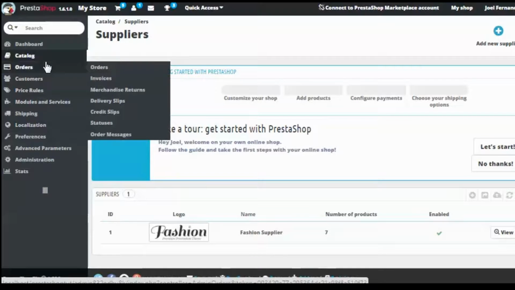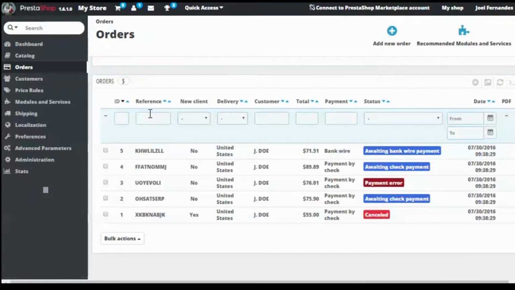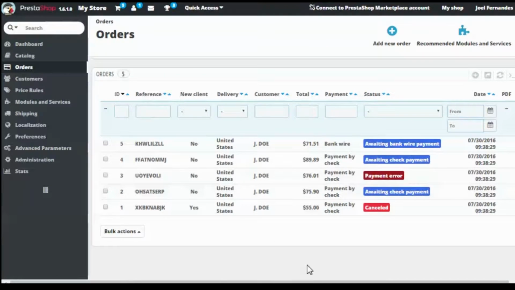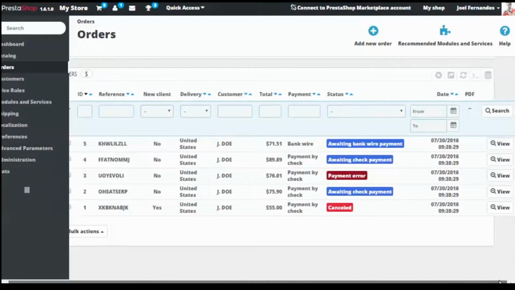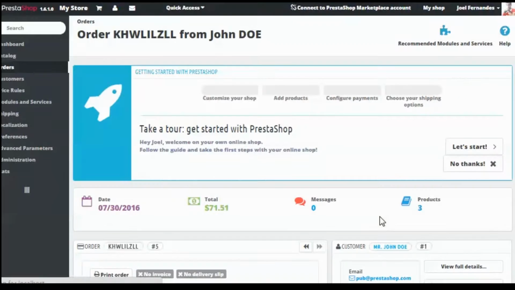Go to the orders section. The orders will basically tell you about all the orders that have taken place on your store. So here are some dummy examples for orders. Let us go and click on view. Once you click on view, it will show you a more detailed